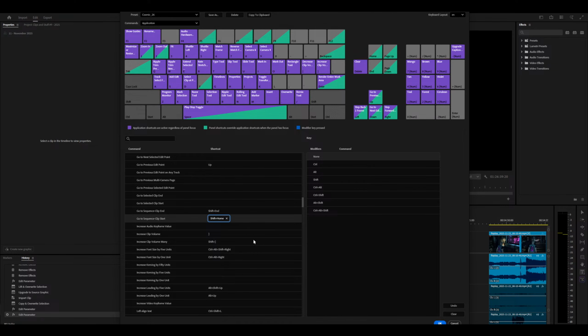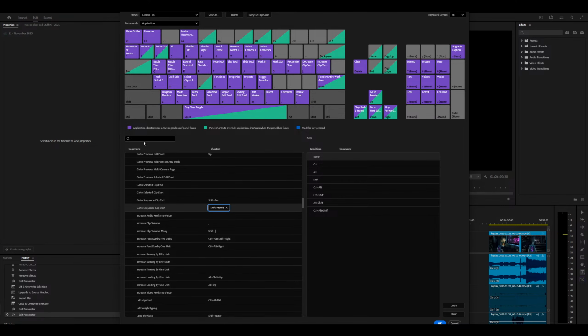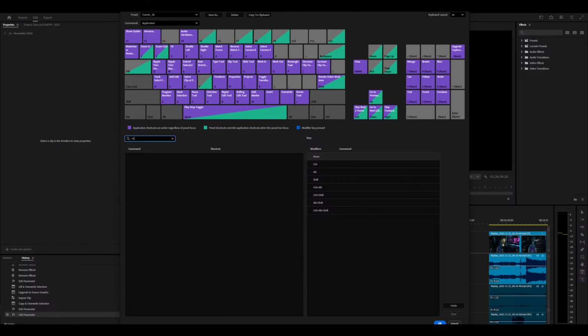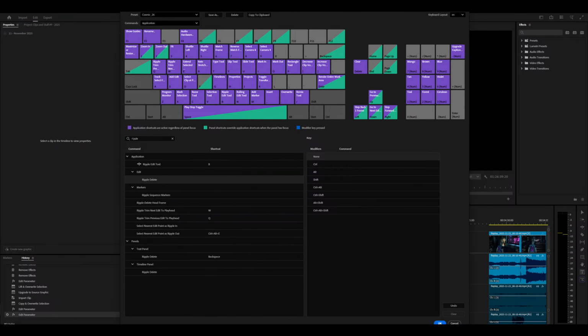So when I'm deleting a clip, I sometimes accidentally fat finger to press delete and at the same time, and it just deletes the clip and also moves the playhead to the very end. And that's just hard to try and bring back. So I'm gonna quickly put the ripple editor back on D and